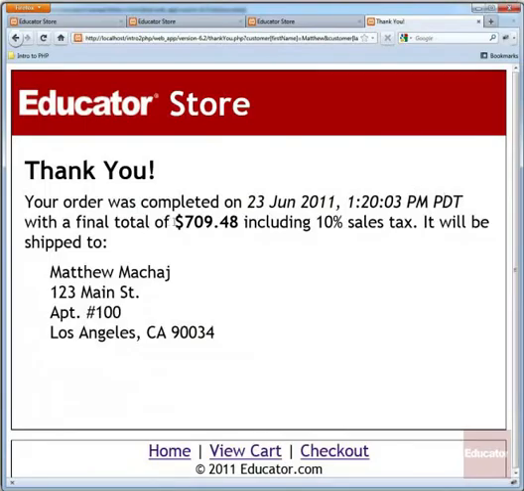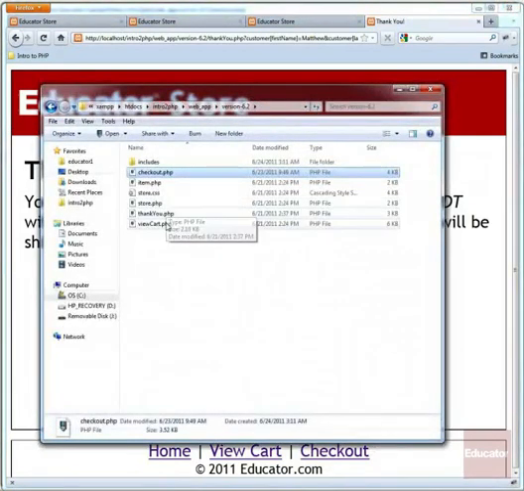And we also output as before the final total, but we mentioned that it included sales tax at a rate of 10%. And then also down here you can see that the user had entered, in this case I had entered a lowercase state abbreviation, but to properly output that we capitalize it and we use the string to upper method, or function. So if we go and look at the thankyou.php page,